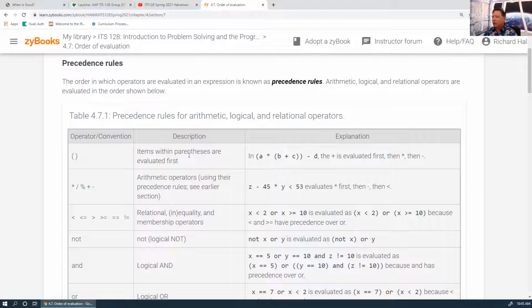And then when there are no more parentheses, it starts using operator precedence. And in this case, these three have, at one level,